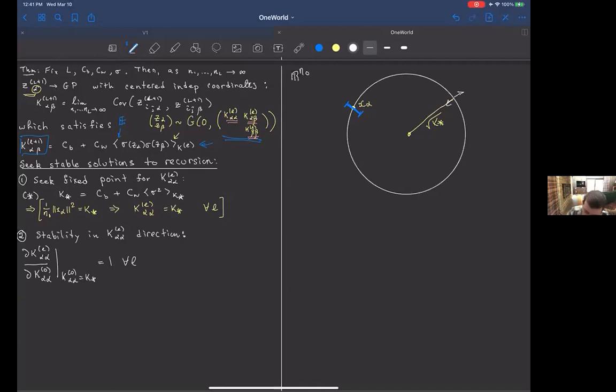Okay, and you can easily differentiate the recursion I have above and just get an expression that looks like this. It turns out that this is CW times sigma squared double prime, K star, has to equal 1. Okay, so if you can get this, then you will have guaranteed stability for parallel perturbation. So I'll call this equation parallel.